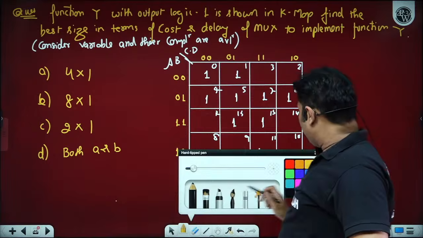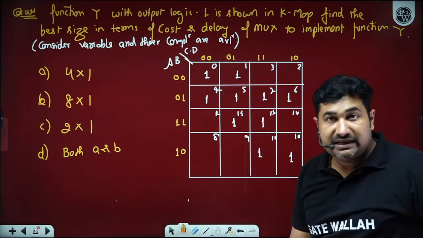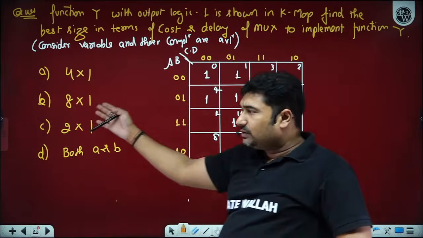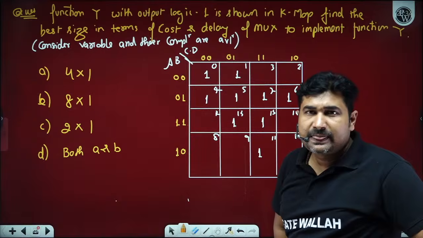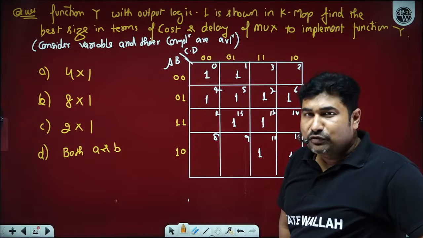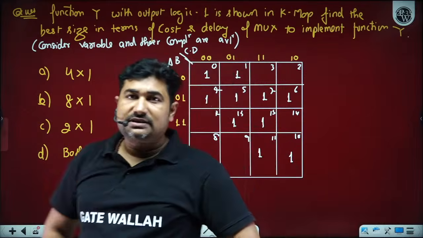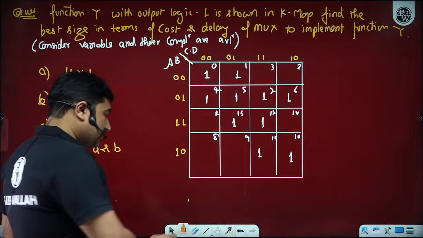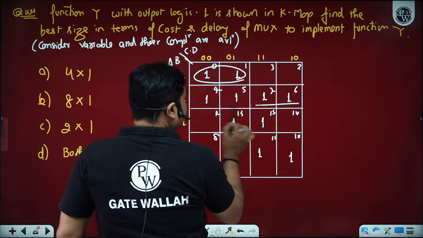See, we have a total of 4 variables. So out of 4 variables, we can connect n minus 1 variables. So definitely we can use 8 cross 1. There is no doubt in this, and we all know how to use 8 cross 1. But can we use 4 cross 1 as well? It will have a lower cost and the same delay is possible if we observe only horizontal pairing.